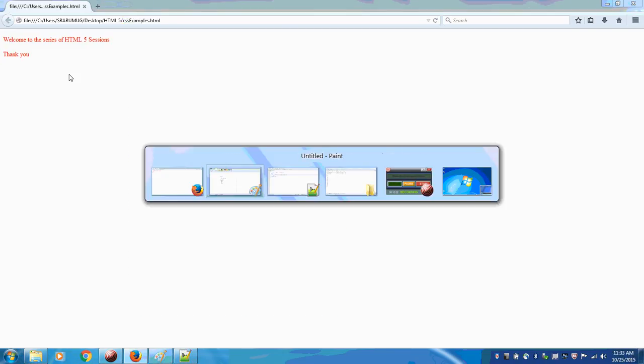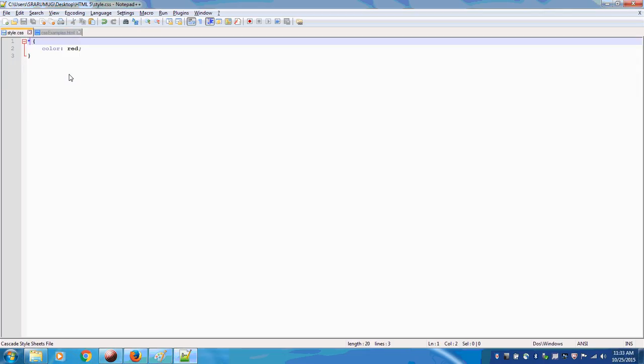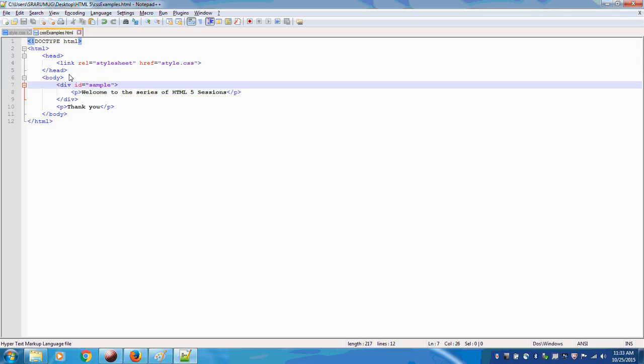So let us see as to how to apply the display attribute. Let us assume we have a text wherein it has